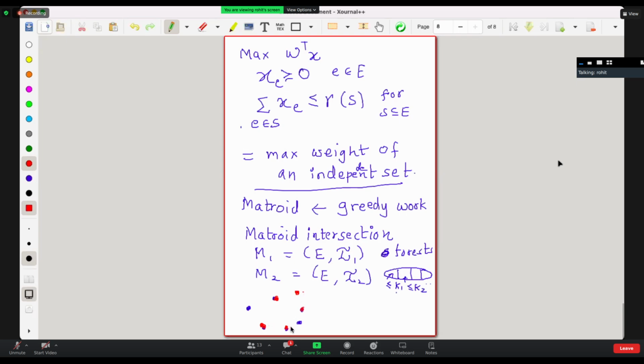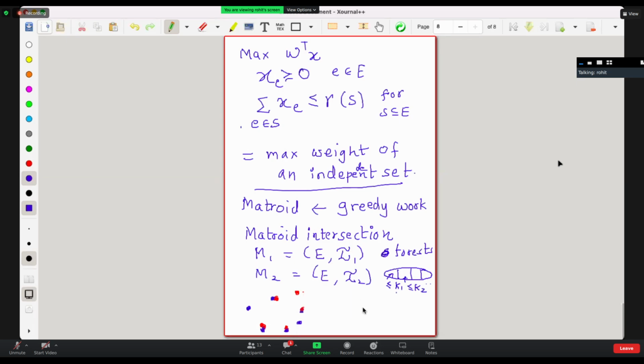Then what are the common independent sets? The common ones are those which are both red and blue. I don't know if you can see it, but these 4 points are supposed to be both red and blue. So these are the common independent sets,